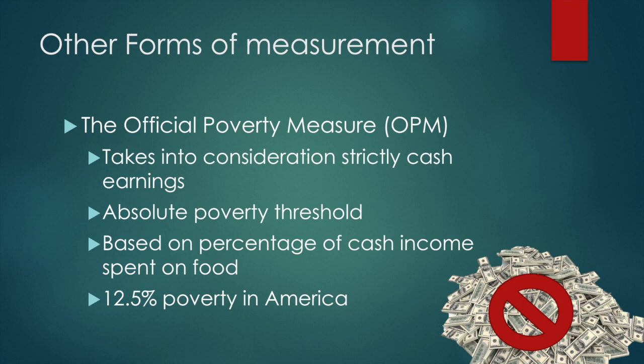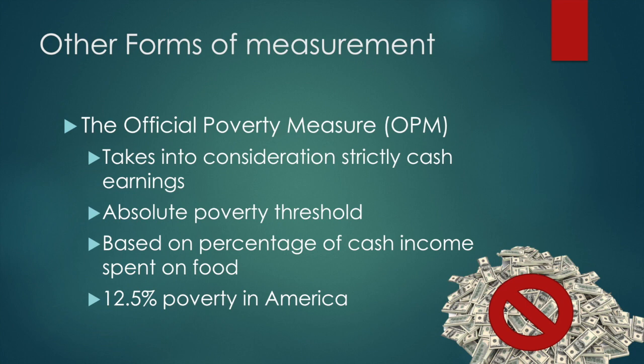The official poverty measure, or the OPM, is currently in use by the U.S. as the leading measurement of poverty. The OPM uses an absolute threshold to create distinct separation between impoverished and not. The OPM was created in the 1960s by Molly Orshansky based on the cost of food from a basic food plan. Then, Orshansky multiplied that number by 3 because a family in the 1960s spent approximately 1/3 of their income on food.